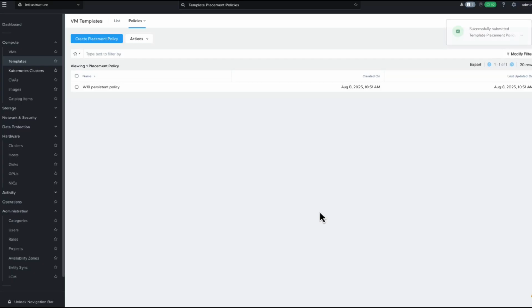And you can see how simple it is to make sure that my template is located on all the clusters. That way, in this scenario with the VDI deployment, if I've got 2 or 200 clusters and I assign this template to them, it will begin to push that template out to all of those. So when it's time to do an update or a new deployment, the data is there waiting, and I can deploy my